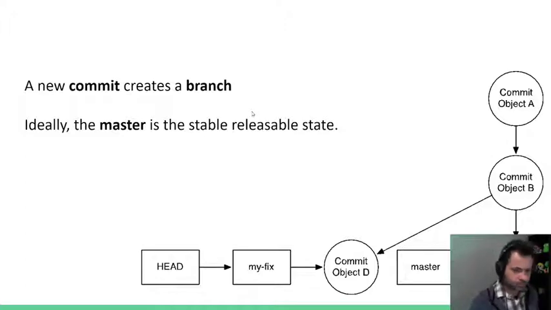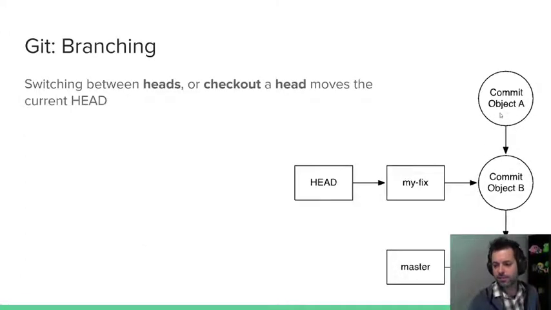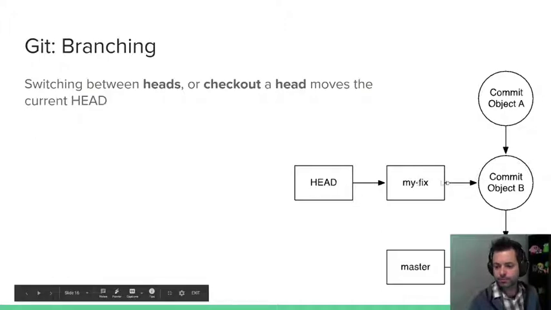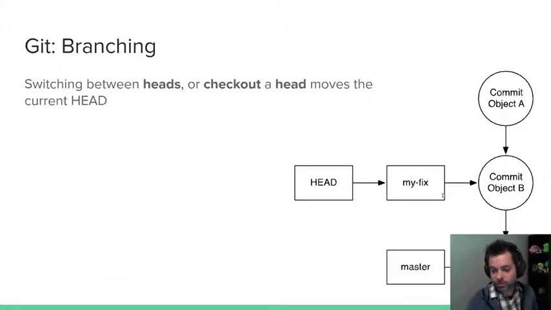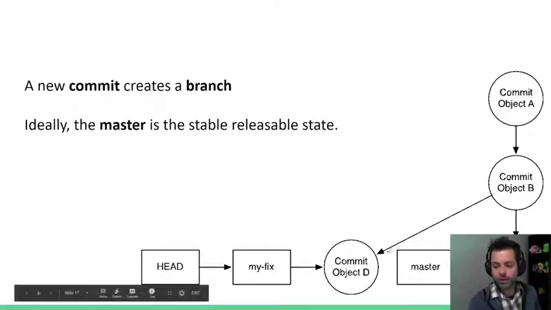So we also can create a branch with a view that kind of looks like this. Again, the difference here is that we had one main line and we moved our head around to go back to B. We can also be at B. We can be at commit object B, check something in or commit something here, and then create a new branch.